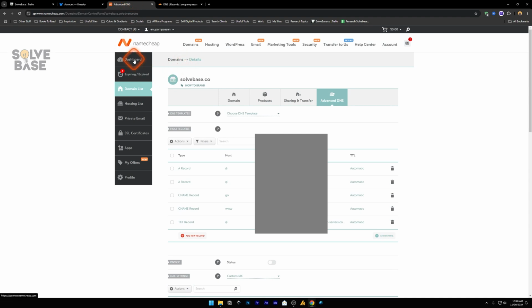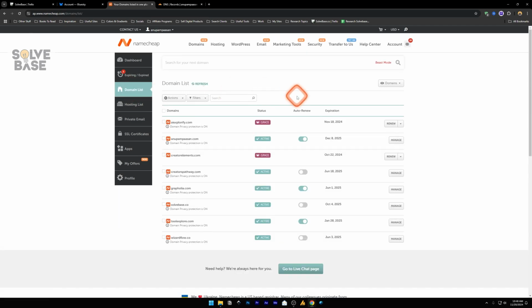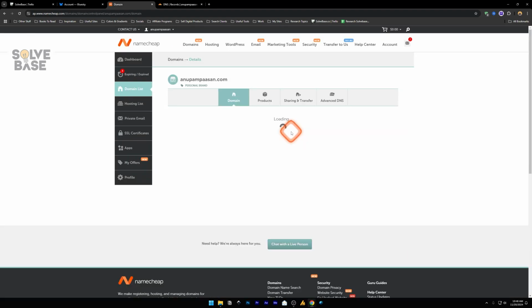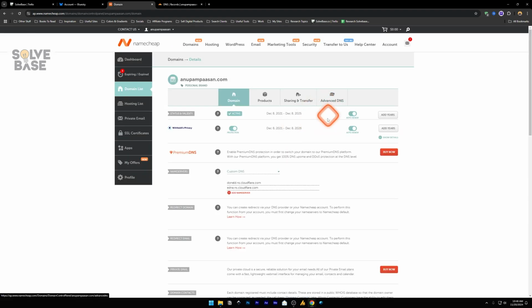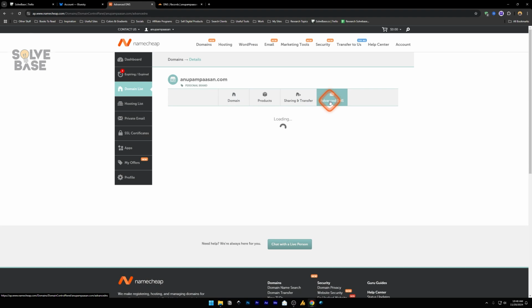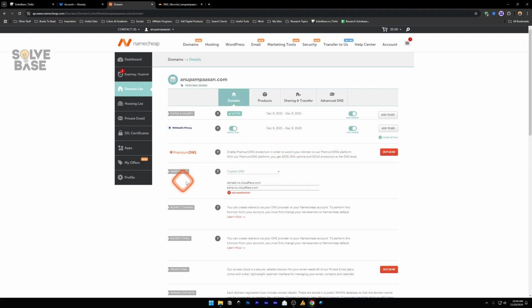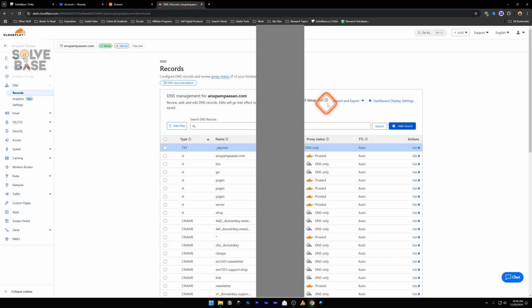Now, mostly people are using Namecheap as their domain provider. So all you have to do is go into the domain list, check out the domain which you want to change, manage it. This is a similar process in all domain providers. Go to advanced settings, and here you will see your DNS settings. But because I have my name servers pointing to Cloudflare, I can go into Cloudflare, and inside Cloudflare, I can